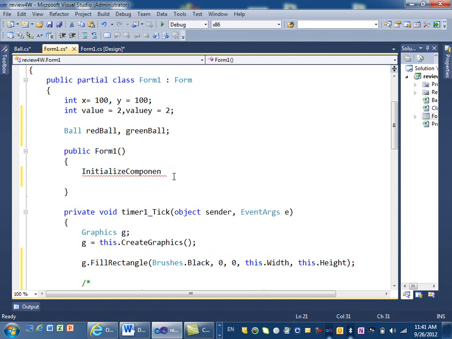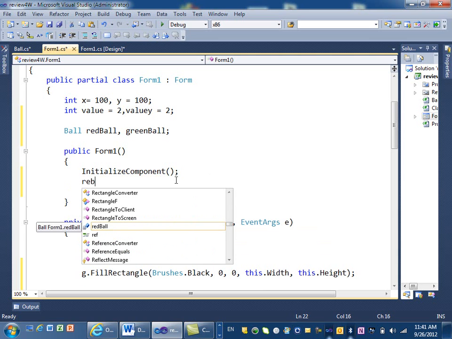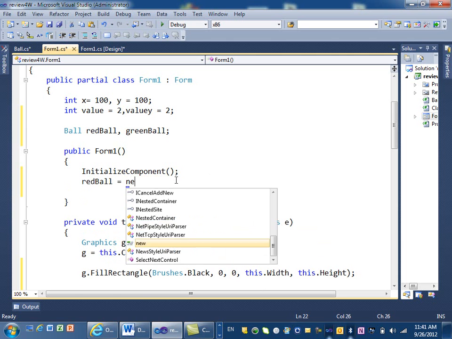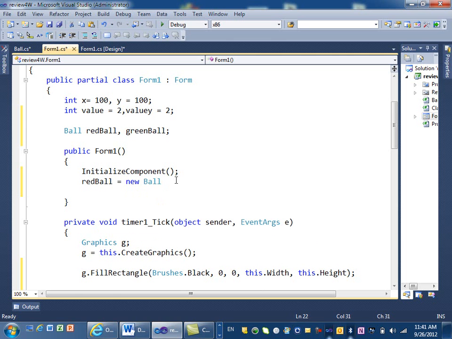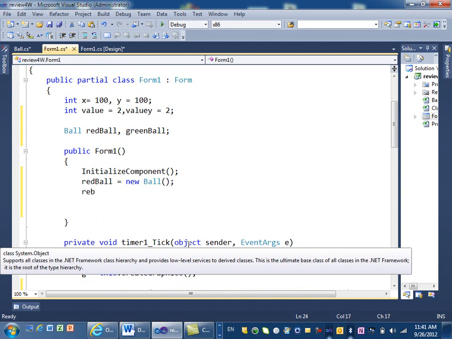Oops. Control Z. I deleted something. We say red ball equal new what? A new ball, right? The class that we just created. Now what else is needed for this ball? We have to change the attributes. What are the attributes? The X, the Y, the size, and what? The brush. Yeah? So we have to say red ball dot X equal